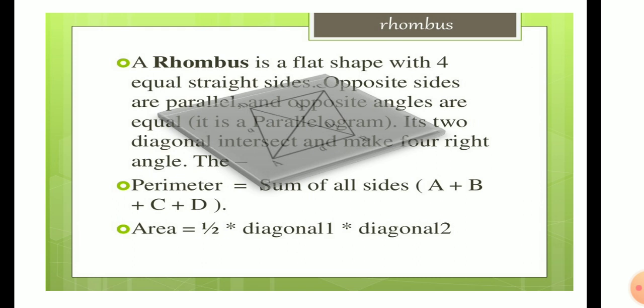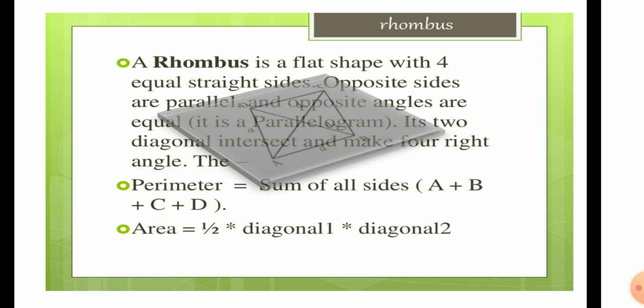The basic difference between rhombus and parallelogram is that in a parallelogram the diagonals bisect each other, and in the rhombus the diagonals bisect each other at right angles. So if in any parallelogram the diagonals bisect each other, this is the property of a parallelogram. But if they bisect each other at right angles, in that condition you can say the parallelogram is a rhombus also.